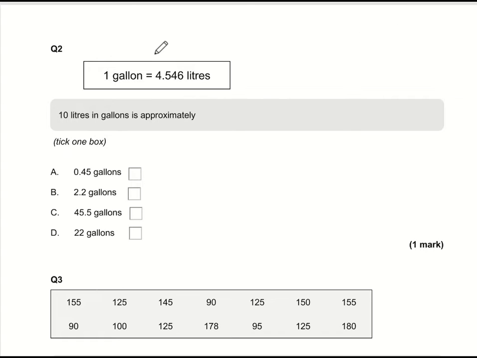Okay, so question number 2. We need to convert litres into gallons, 10 litres into gallons. Well, we can see that if we're going from gallons to litres, we are multiplying by 4.546. So therefore, if we're going from litres into gallons, we must do the opposite, which is divide by